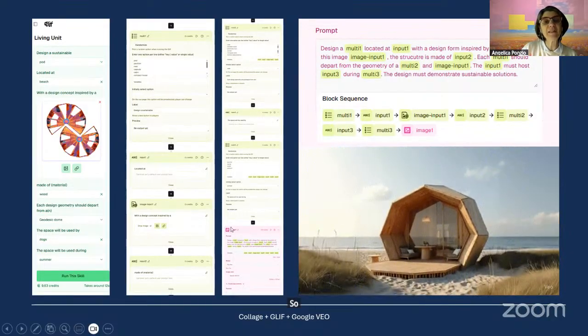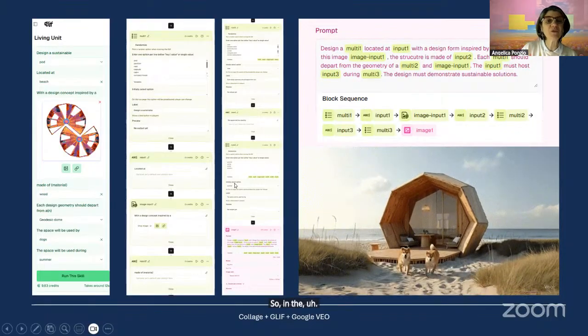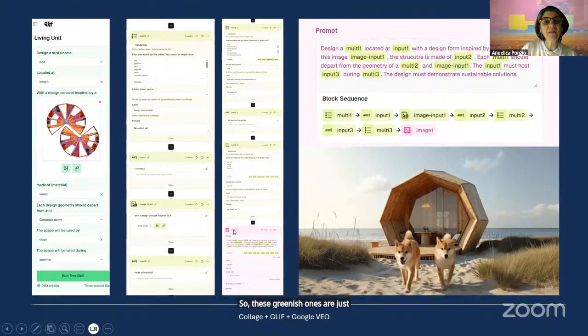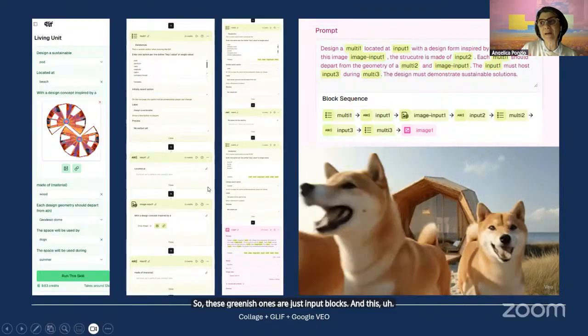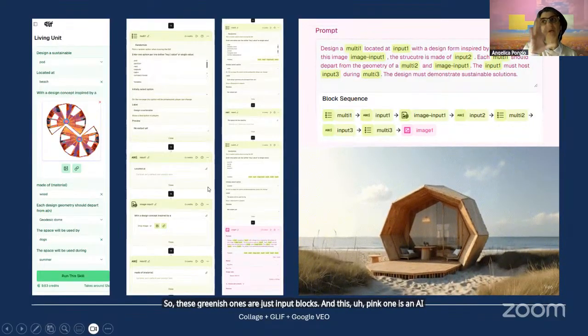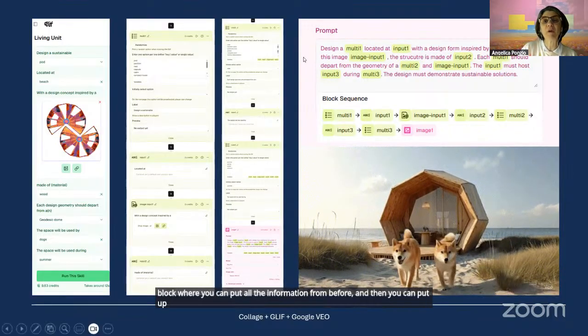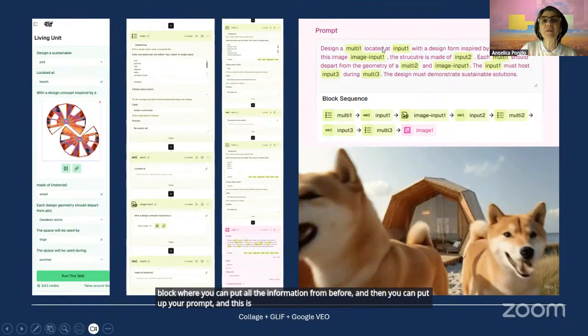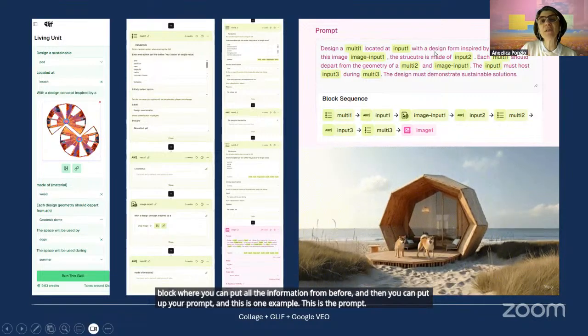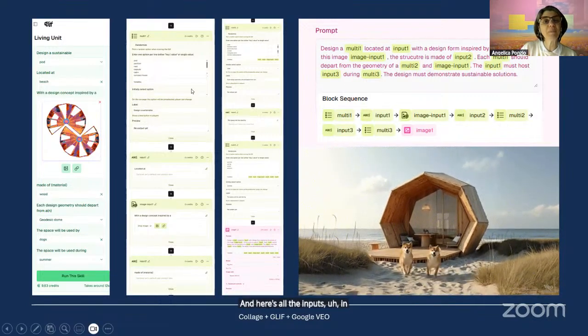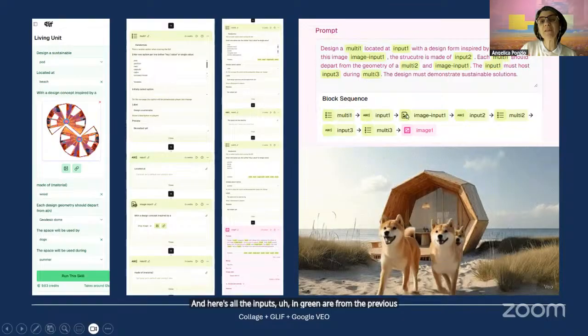The greenish ones are just the input blocks, and this pink one is an AI block where you can put all the information from before, and then you can put up your prompt. And this is one example. This is the prompt, and all the inputs in green are from the previous blocks. So it is the sequence.